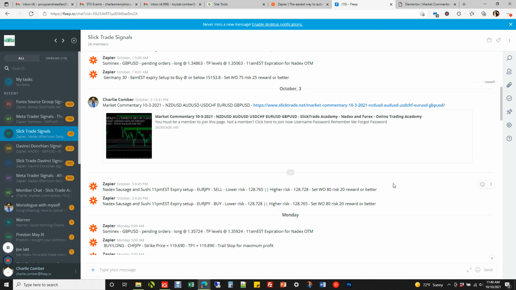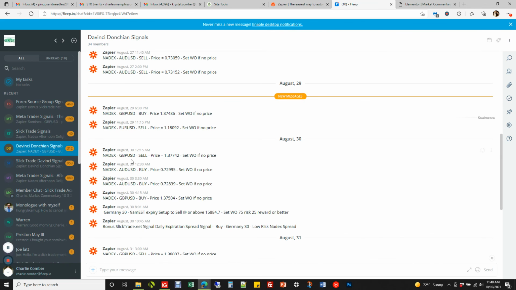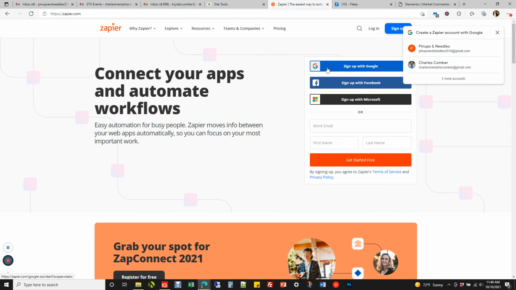Telegram has an option so that nobody can post in there other than an admin of the group. And over here we have different groups, like Slick Trade Signals, and people that only subscribe to DaVinci, so they only get the DaVinci signals. So it has to have the ability to go to these different groups, but Telegram has different groups. The issue is that Zapier doesn't have a Zap that goes to Telegram. So if you have any suggestions about that, or if that's something you could code,